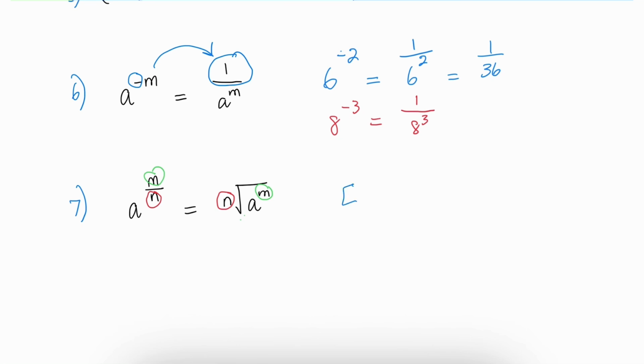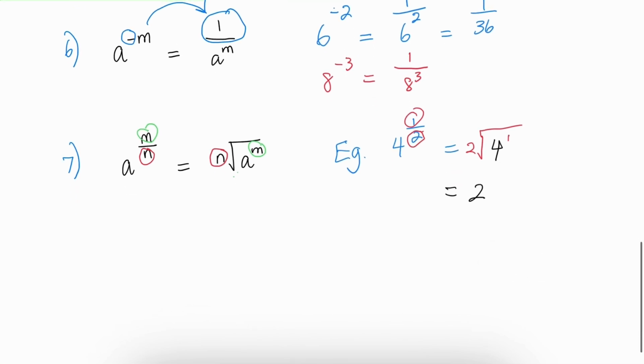If I had, for example, let's say I had 4 raised to the power of a half, right? So again, the denominator is 2. So that means I'm going to be looking at the second root or the square root. And it will be 4, the base, raised to the power of the numerator here, which is 1. So we could find this out because 4 to the power of 1 is itself 4, and the square root of 4 is 2, right? Another example like that,